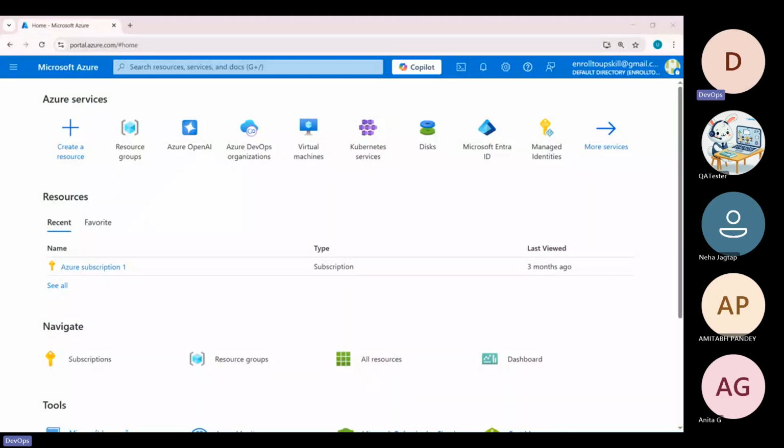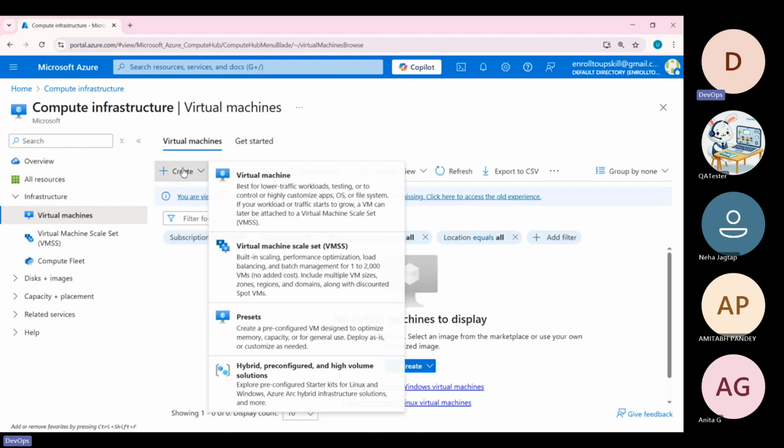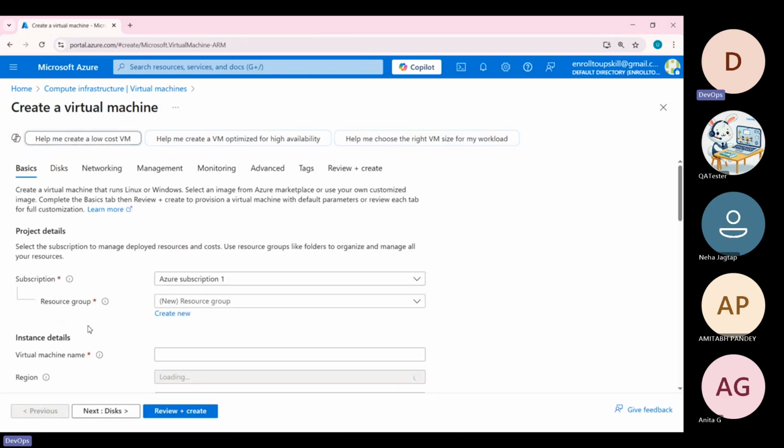Okay, now you can see I am logged into one cloud portal, that is portal.azure.com. Here I am quickly creating a Linux virtual machine. So I go to virtual machines, I will go to create virtual machine, and I will create a quick cloud machine